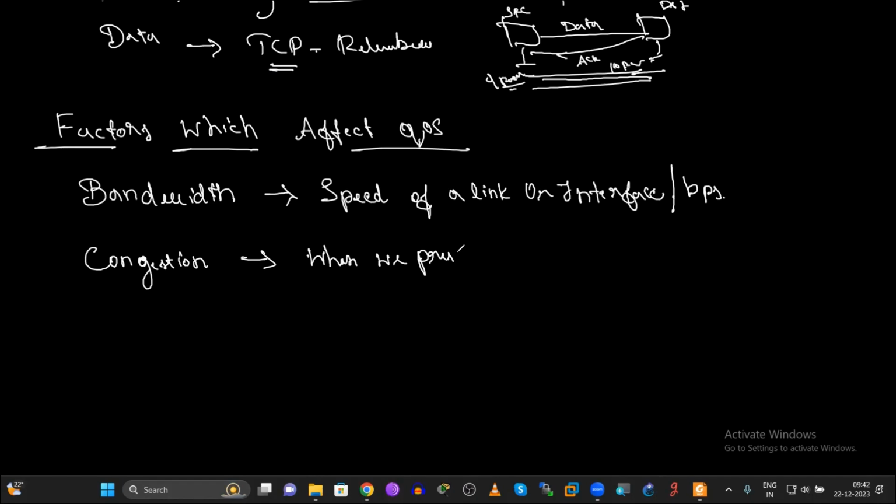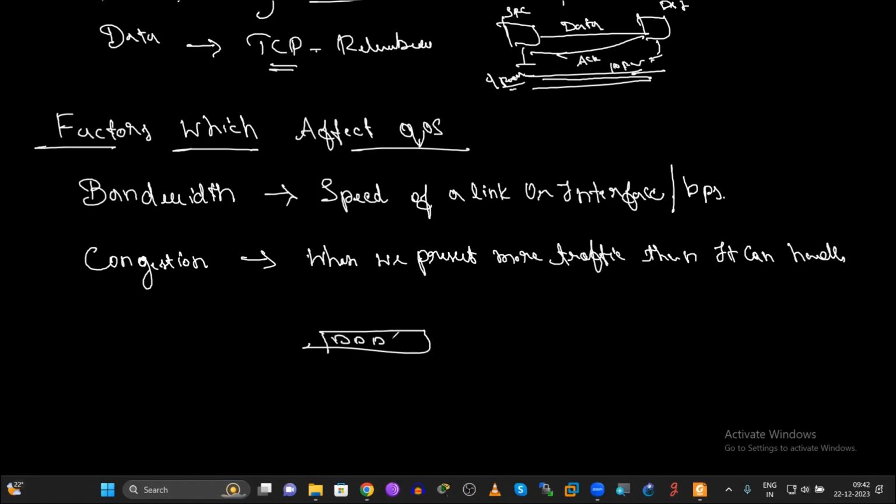For example, here I have a switch, with an outgoing interface and an incoming interface. The incoming interface is 1000 Mbps, and the outgoing interface is 100 Mbps.